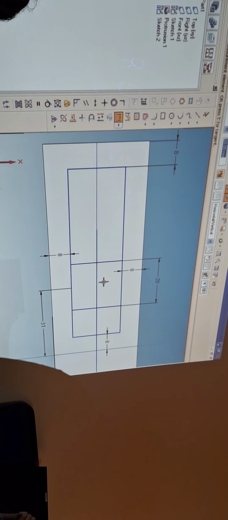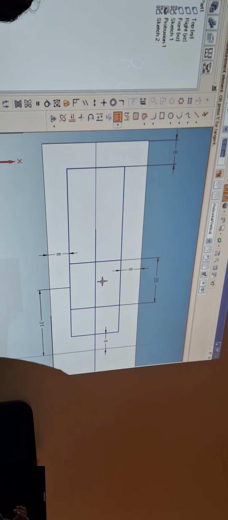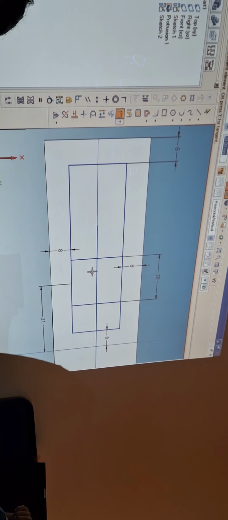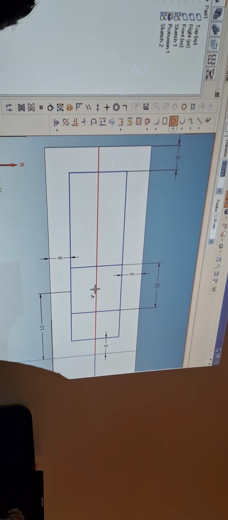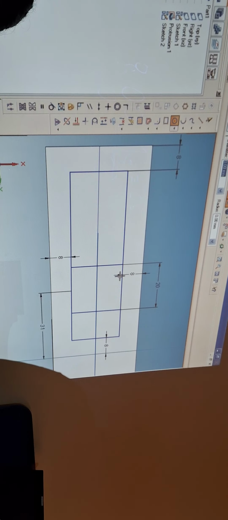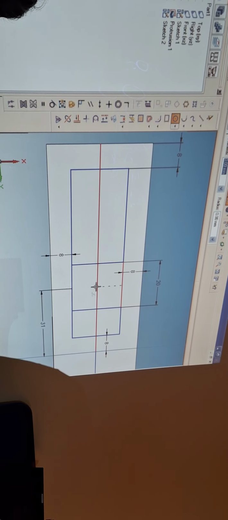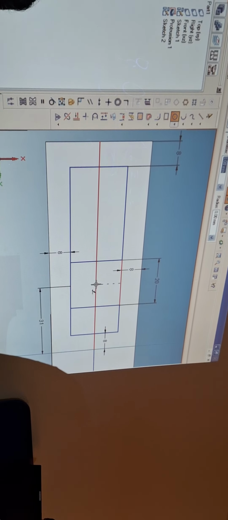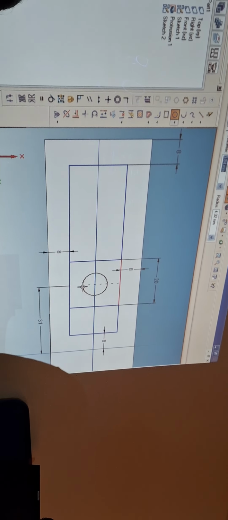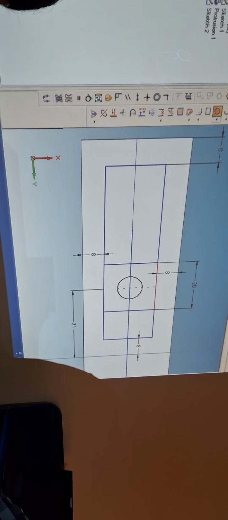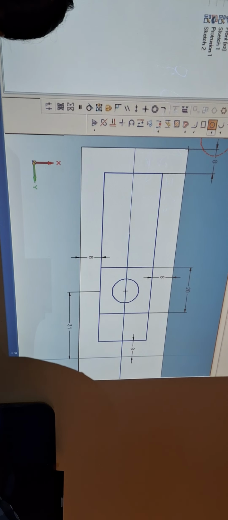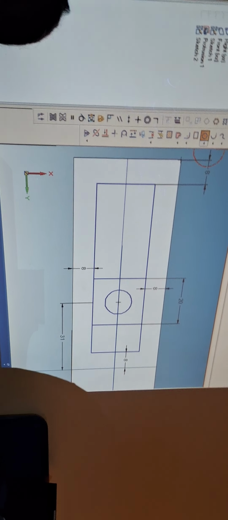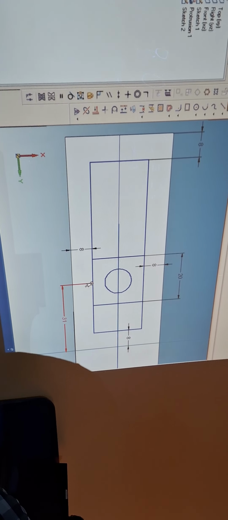Next I have to create one hole by considering the center of that. So go for center, exactly at the midpoint of this. If you come like this, you just go like this. Draw a diameter of the hole, given as 10.50. Can you see? On the right side, it has given 10.50 diameter.